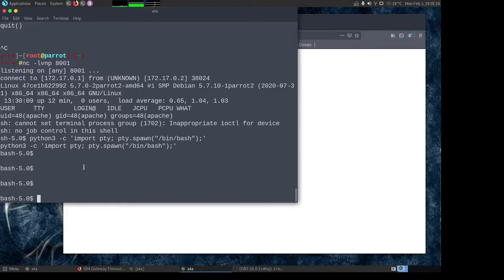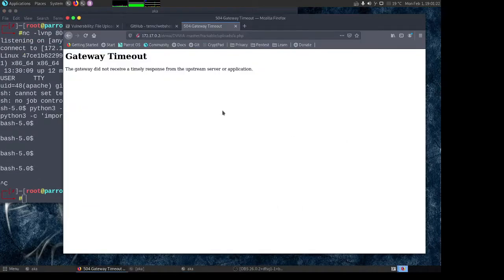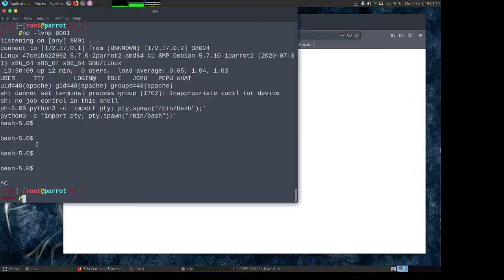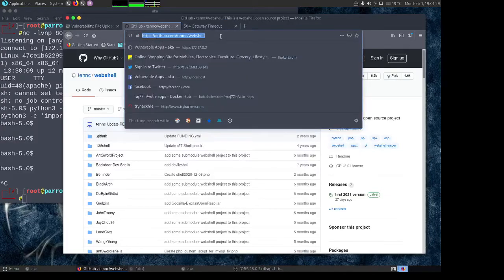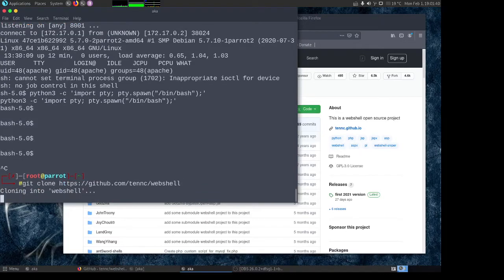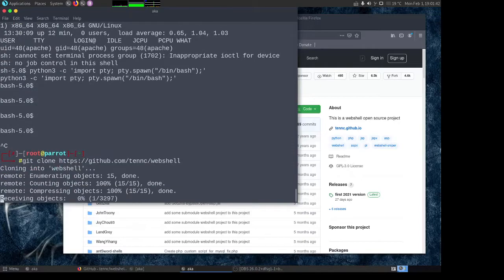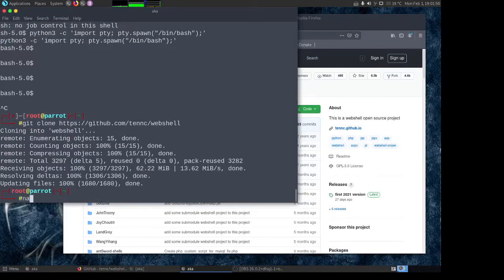So that's one thing, but what would be more interesting is to see how we can get some other things, right? For that I have a very good resource that I would like to share with you, and this is 10x web shells. You can just do a git clone and paste that. So this will basically get all the web shells that we have in this folder, and let me open this.